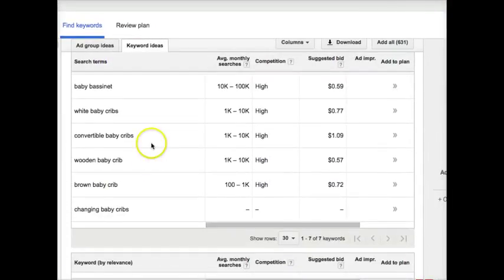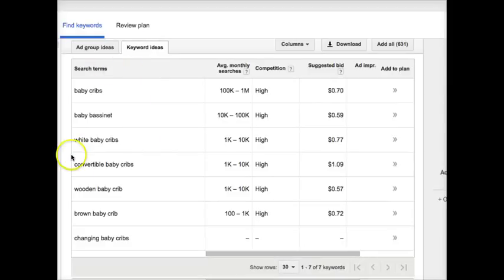The first thing it's going to do in this top section is show us details related to the actual phrases that we put in. Now it's going to take the exact words that we put in here and go out and search and say, okay, how many times were these exact words searched for?